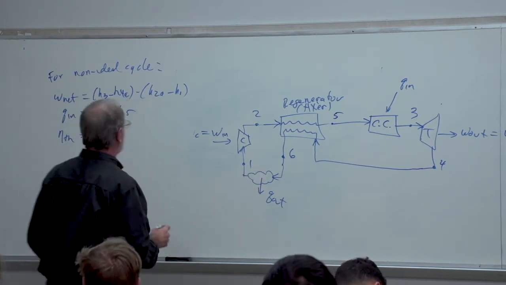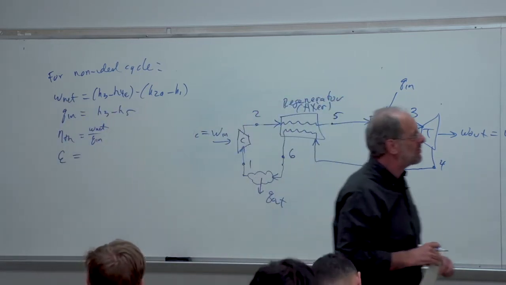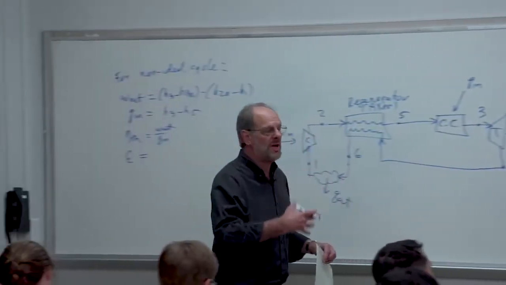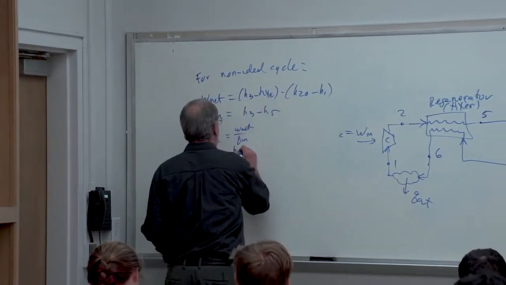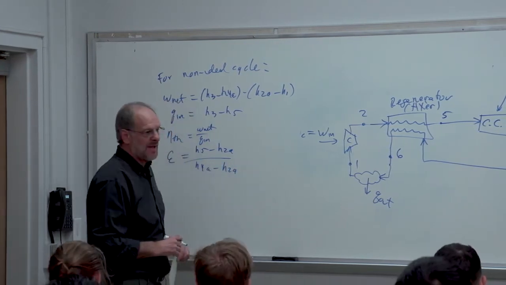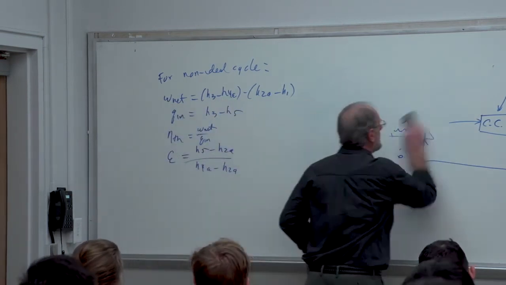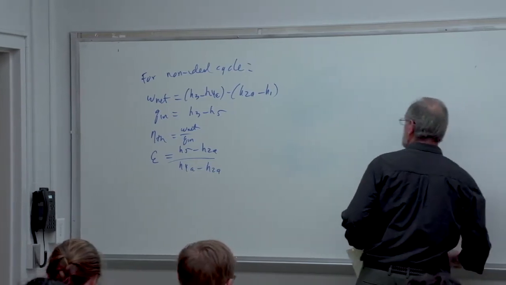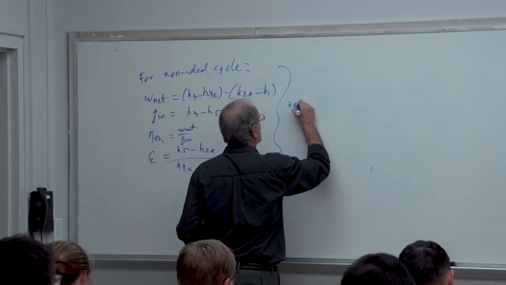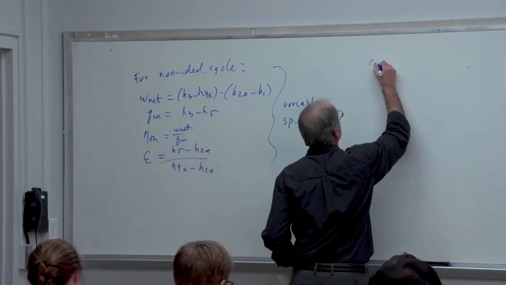And of course, regenerator effectiveness is also going to change just a little bit. In the numerator, we want to use H2A, and in the denominator, we want to use H4A and H2A. So H5 minus H2 actual over H4 actual minus H2 actual. Okay. And of course, if this were the situation where we have variable specific heats, then these are the equations you'd use directly, right? On the other hand, if we have the constant specific heats,